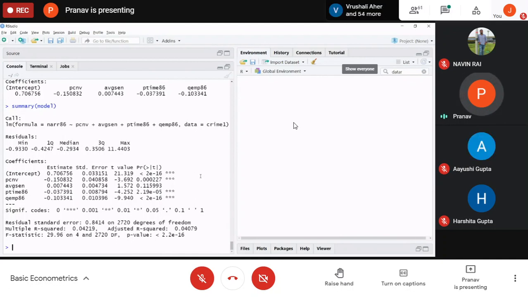And since the null hypothesis assumes the coefficient to have a value 0, we can simply calculate the T statistic of the coefficient of the variable